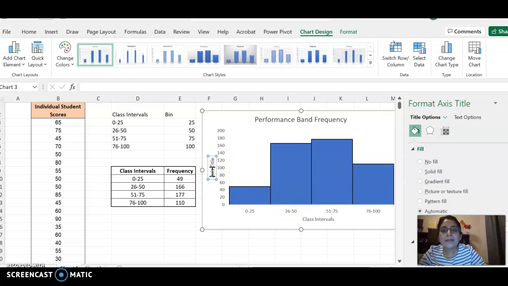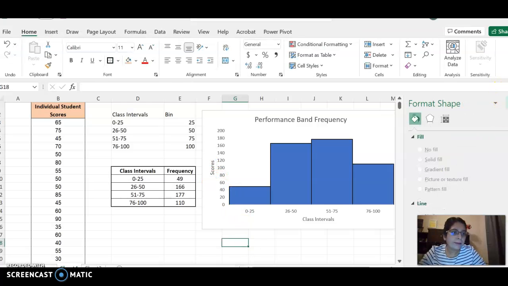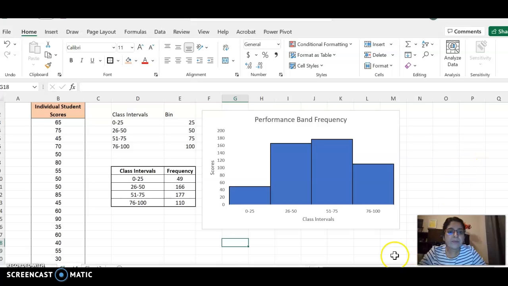And this is going to be scores. Yeah, this is a true representation of how many students performed within this performance band. So we have maximum number of students between 51 and 75, and the one closest